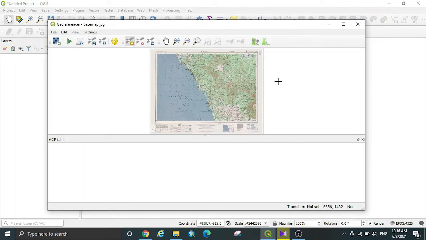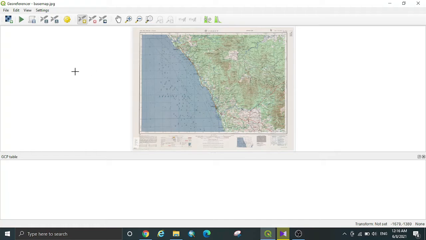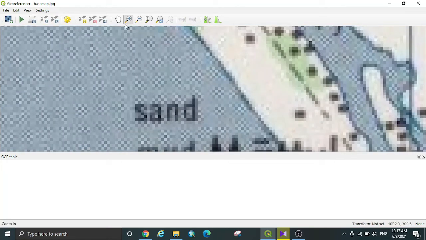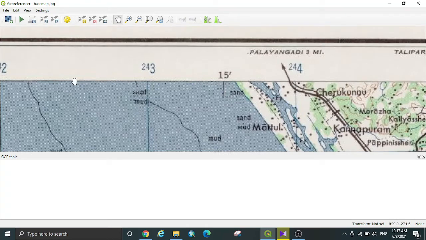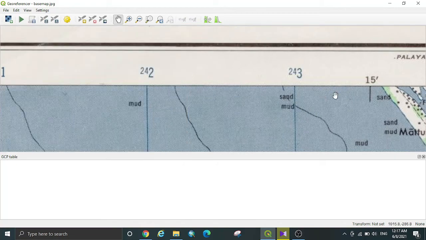Now we can see the topo sheet in our georeferencer window. We can maximize the window. Use the zoom tool to zoom in on the topo sheet to see the coordinates. Use the pan tool to move the topo sheet.